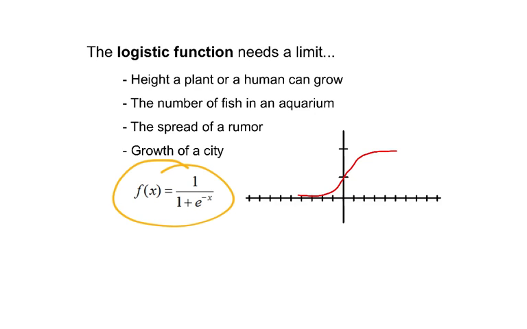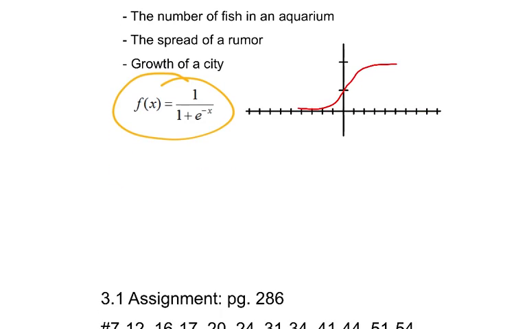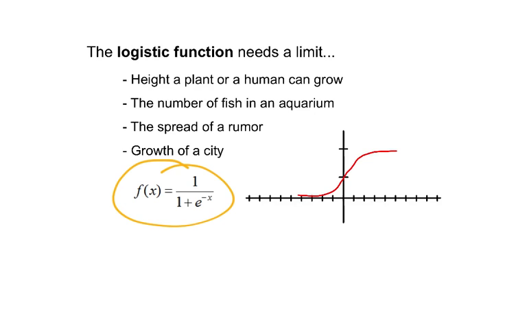The spread of a rumor, as I mentioned, the growth of a city, because if the city gets overpopulated, there's only, again, so many physical spaces for people to be, and of course laws that keep numbers of people per unit, and whatever it happens to be. So what's going to happen in the logistics function is that you're going to be presented with situations where they talk about the initial growth. And so the idea is that this is your exponential piece right here. And so when they talk about the initial number of people that heard the rumor or whatever it is, you're going to end up inserting this growth